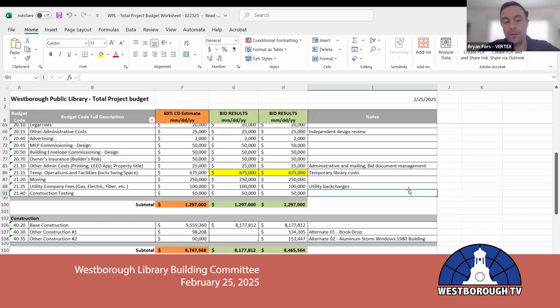The other things that we will need to account for are, once we do gain occupancy, if there's anything that Kate and staff need on a temporary basis. We understand we're moving all of our furniture, stacks, and shelving from one location to the other, but there still may be a need for office workstations, cubicle partitions, any type of temporary shelving, from, let's say, built-in shelving at the existing library that can't be moved,